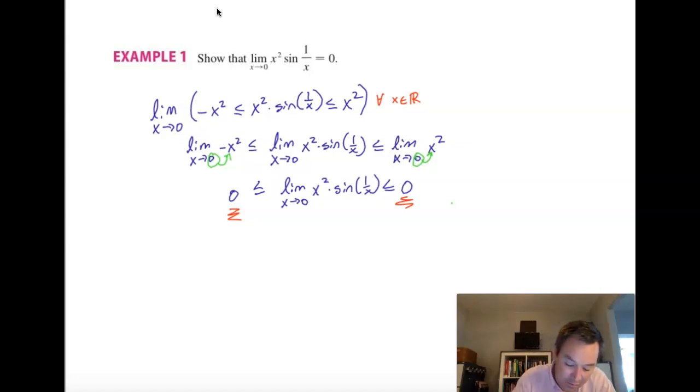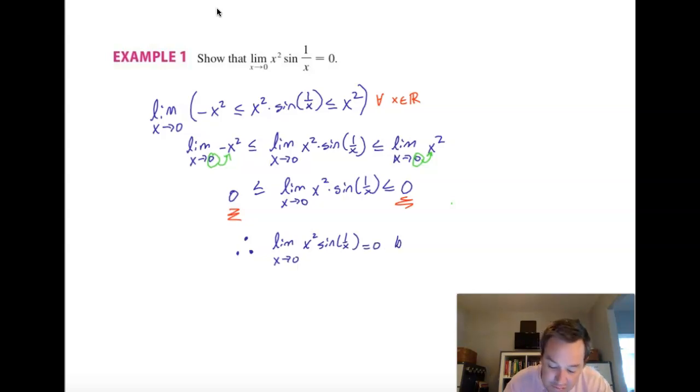And I'll just make a concluding statement. So I'll say, therefore, that's a shorthand symbol for therefore. The limit of x squared times sine 1 over x as x approaches 0 equals 0, and we'll just state the theorem: by the Squeeze theorem. And you do have to make that statement. That's part of justifying your answer. And you can put a little,